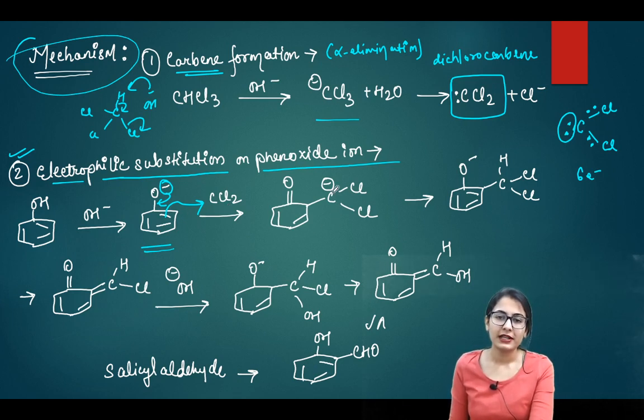That gives you a negative charge on carbon. Why does it get a negative charge? Because carbenes by themselves are neutral, even though they are electron deficient. So if the carbene is attacked, it is neutral, so it has a negative charge now. It has 8 electrons but 1 negative charge.